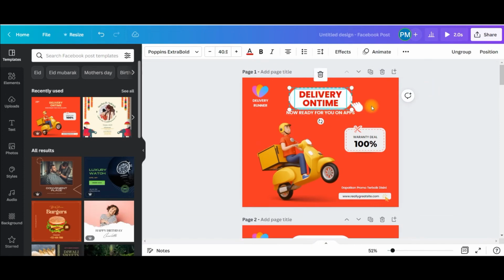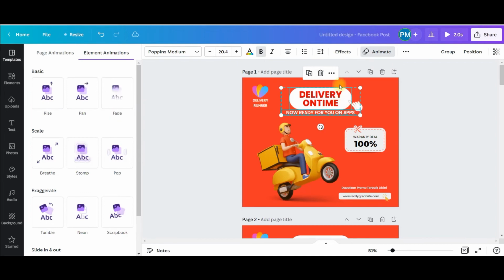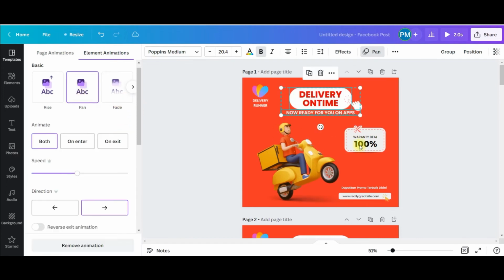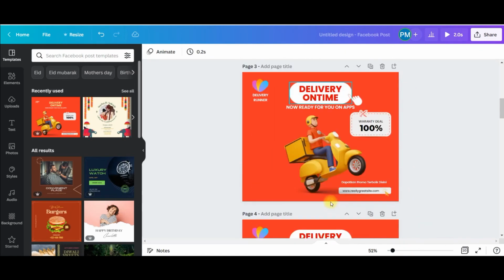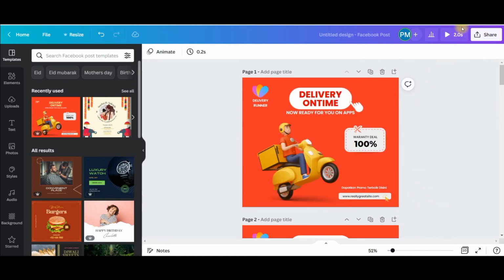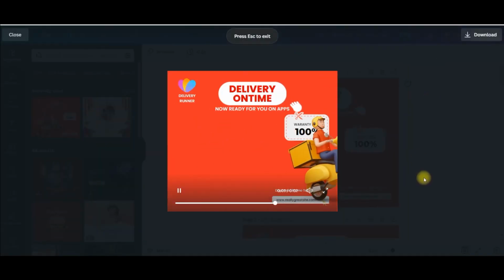If you want to give it at all, then on the first slide which you are making, there only you will have to make it. So you just choose this one and this one, these two elements. Suppose I want to animate, you just choose these two elements, you get element animation directly selected. From here you can choose any of these element animations. Suppose I give one for a fan, then I will have to go for the next slides, right? So you see how it is looking, right?